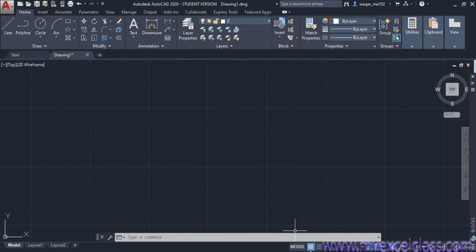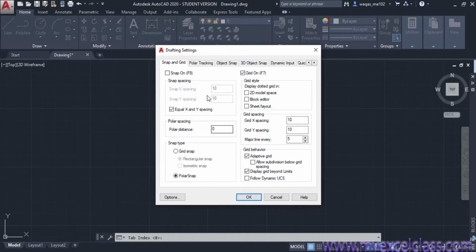Let me open the grid settings. Here are some properties of the grid, and here is the snap option I want to discuss right now. When I turn this one on, there will be a check mark. Next, I want to tell you about this one. Here it is written that grid X spacing is 10, grid Y spacing is 10, and major line every.